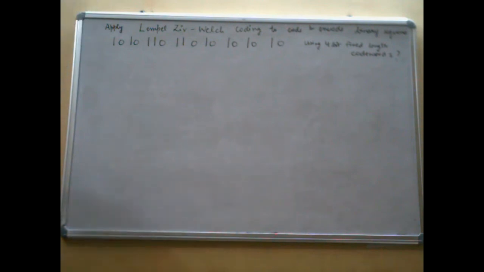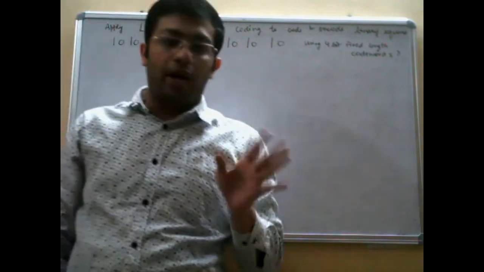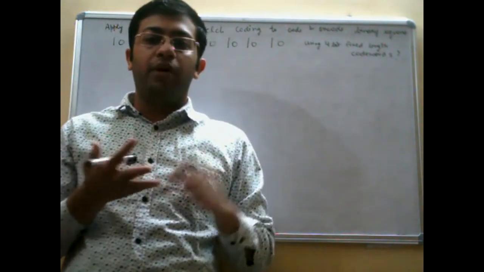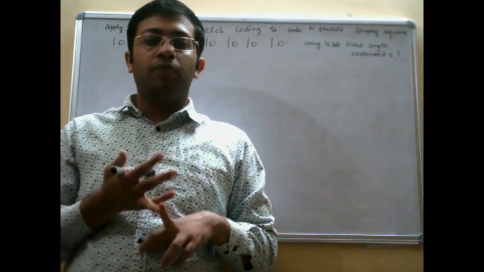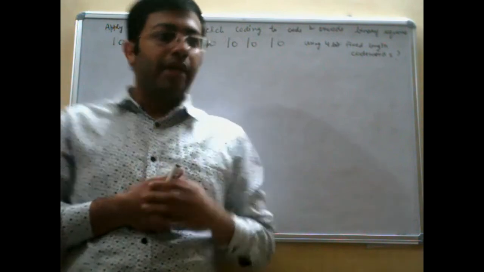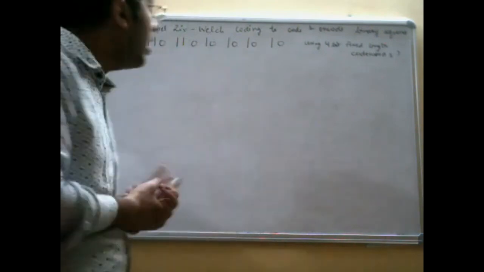Okay. See over here. First thing, in LZW coding, the probability of symbol is not at all required. In case of arithmetic and Huffman coding, we have seen that the probability of symbol was given, and then we used that to do the coding part. Second important difference, here it is using a fixed length coding technique. Huffman is a variable length coding technique, LZW is a fixed length coding technique. So the question is to encode and decode this binary sequence using 4-bit fixed length code words.